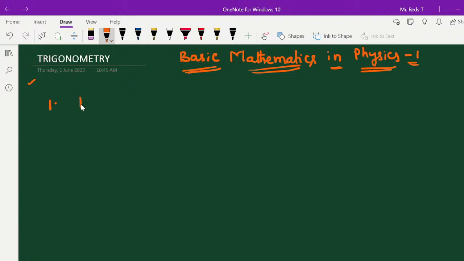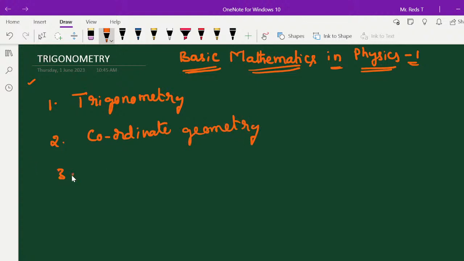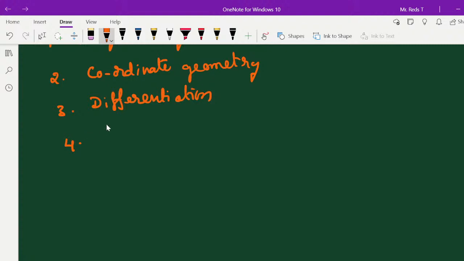The first one is trigonometry, and the second one is coordinate geometry, and the third one is differentiation, and the fourth one is integration, and the fifth one is some basic relations of logarithms,